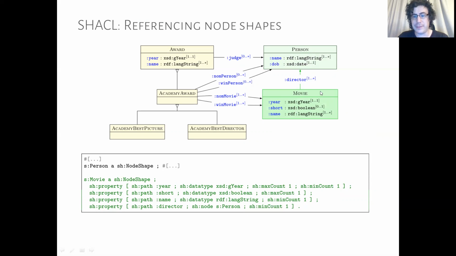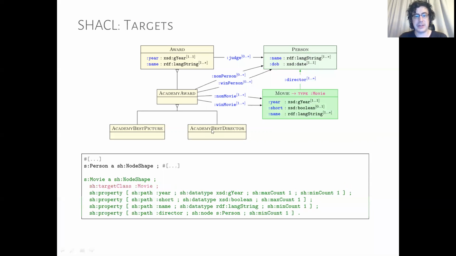Okay, so this is how we form this link. We link to a node shape, which is already here, person and person here. So this forms the link in the shapes graph. So what about the target? We have a number of ways of defining targets, but perhaps the conceptually most straightforward is target class. So we say that the movie shape, which has the namespace S, targets the movie class, okay, with the default namespace. So this allows us to say that somehow the instances of movie in the data are targeted by this